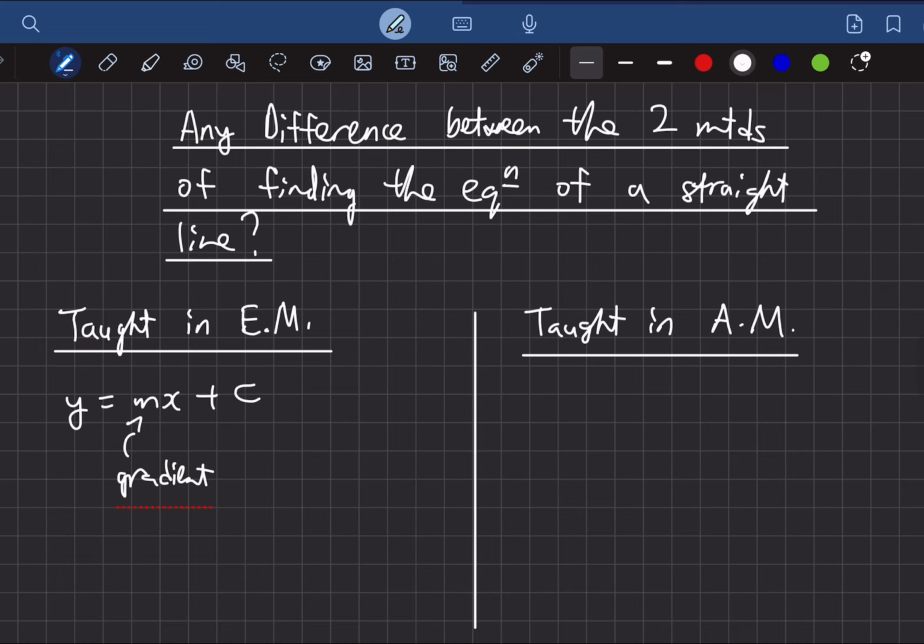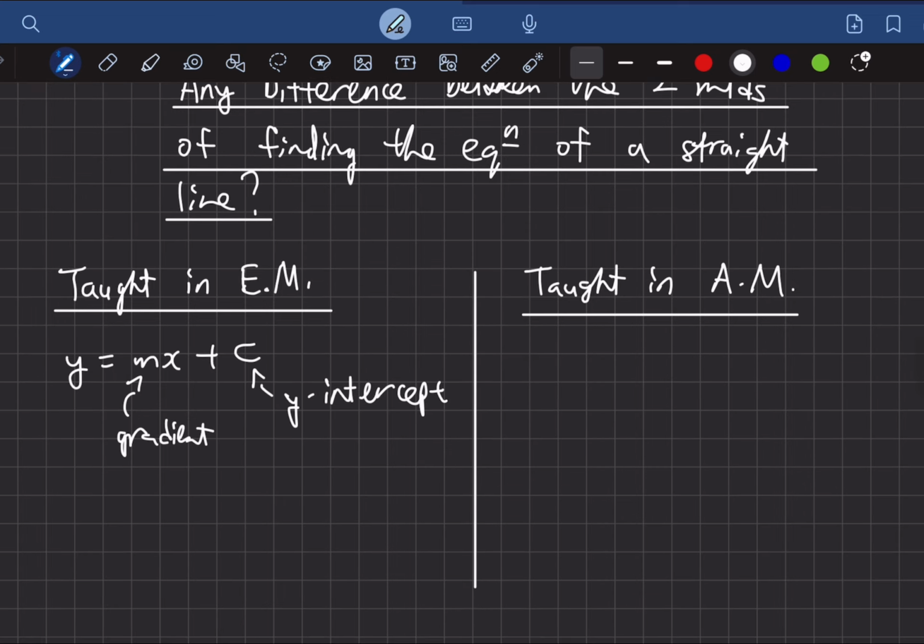So in elementary maths, the general equation of a straight line is y equals mx plus c, whereby m is the gradient of the line, c is the y-intercept, which is where the straight line cuts the y-axis. I would say most of the time, or all the time, we will give or inform the student what the y-intercept is. But in A math, we have this,